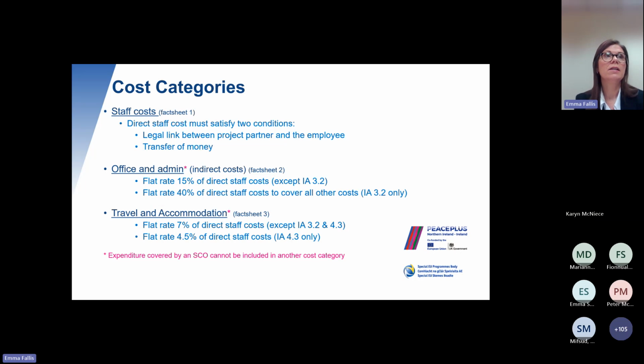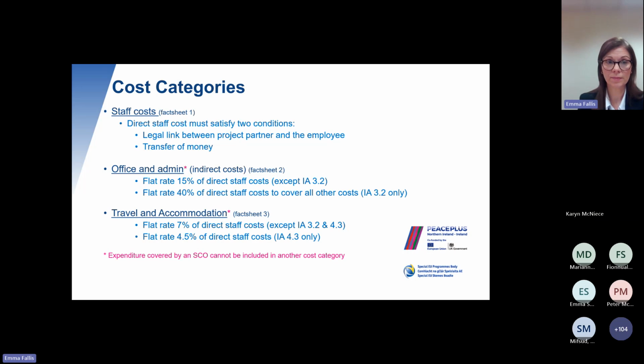So the cost categories, staff costs. Fact sheet 1 of the programme manual gives you information that is based on the article within the regulations. So staff costs are direct staff that have been employed by your project. And there are 2 links, or 2 conditions, that must be satisfied. The first thing is there needs to be a legal link between the project partner and the employee. So that's in the form of a contract of employment. And also then the transfer of monies. So unless a person working on the project has documentation to satisfy both those conditions, they cannot be claimed under